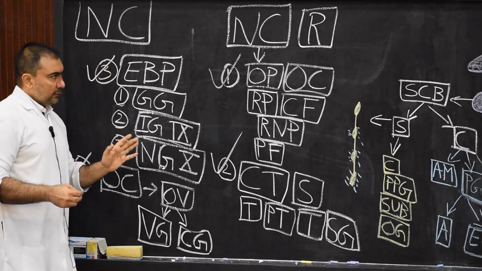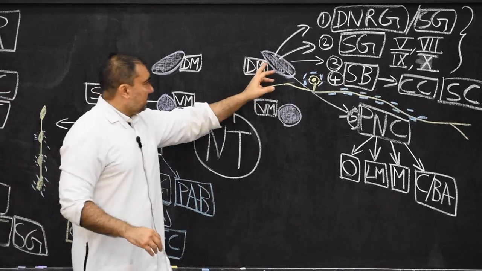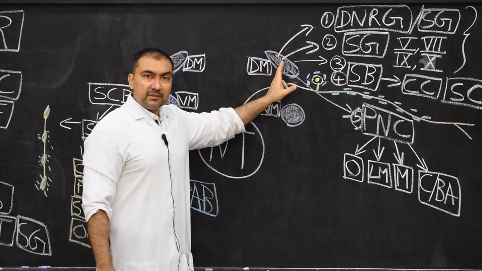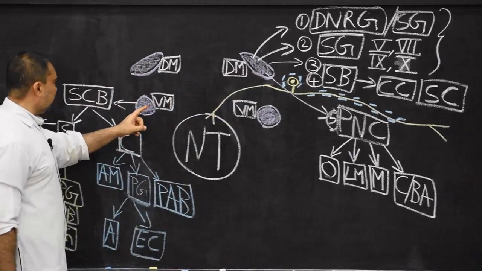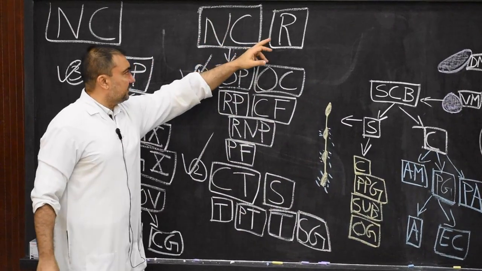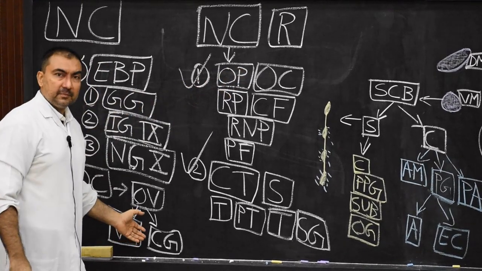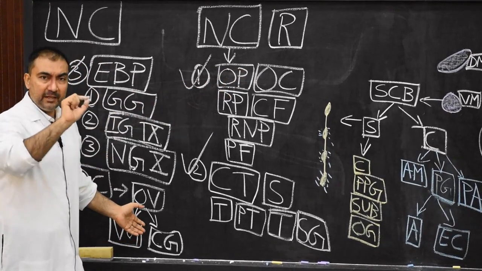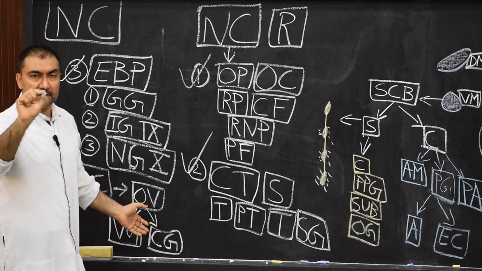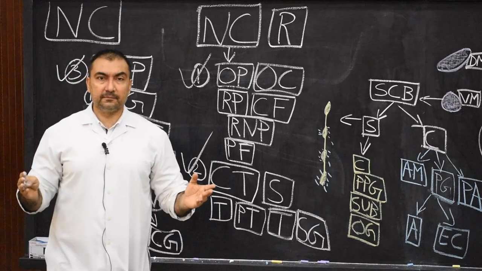Now, if you consider right from the starting, please come on this side, we'll just rotate it. All the derivatives of the dorsal mass, plus all the derivatives of the ventral mass, plus the entire neural crest derivatives of the rostral. When you add all these derivatives and mention them in one sentence, this will complete your short note of neural crest. Thank you very much.